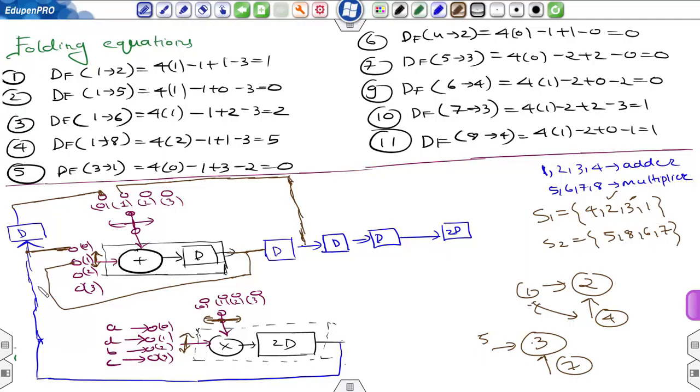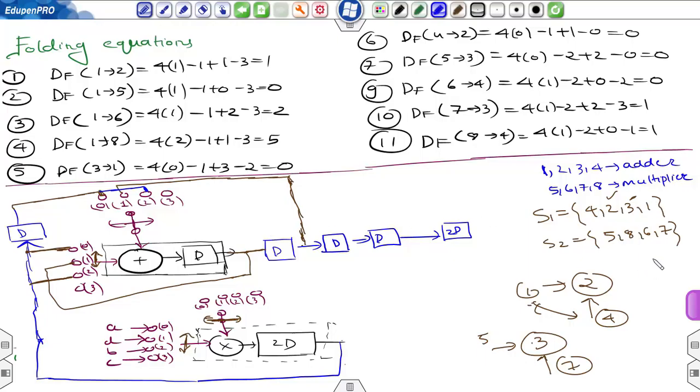You can directly connect this point, no external delay, output of the multiplier connected to switch number 2, and 7 to 3, one delay, so output of the multiplier delayed by 1. I have already drawn this, so connect this to switch number 2. Then connect this to switch number 2,